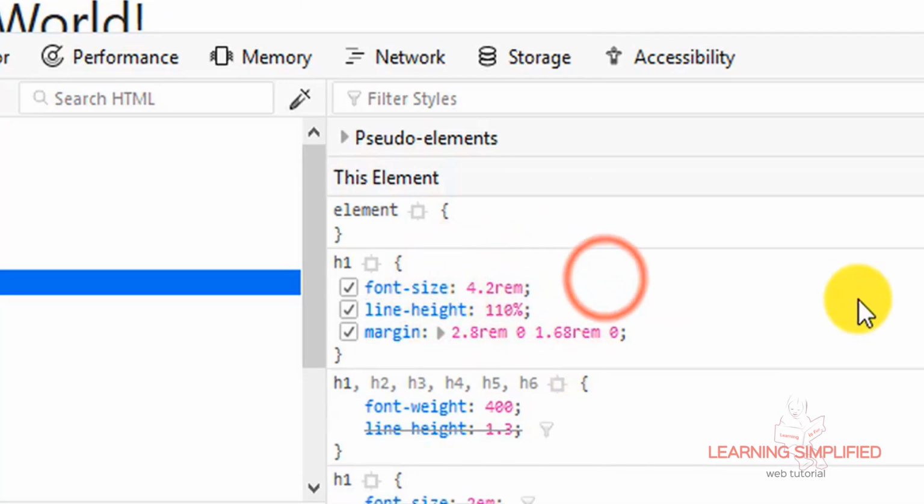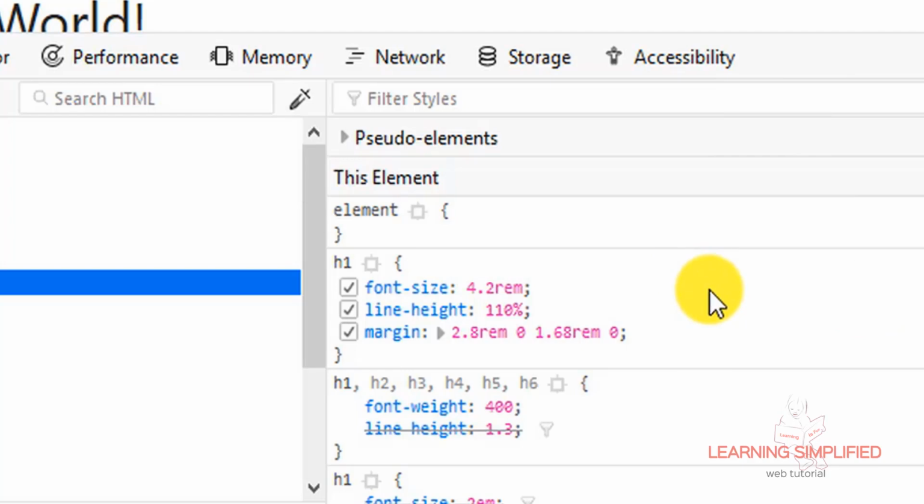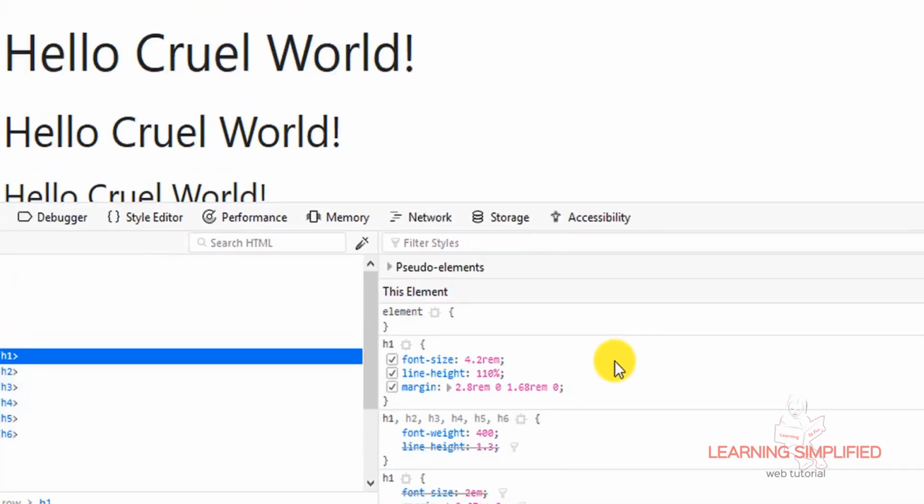So what is this 4.2 rem? It is a relative unit of measurement, and it suggests that in this case the font size will be set to 4.2 times the default font size set for an HTML page in a browser. The default font size of an HTML page is 16 pix.